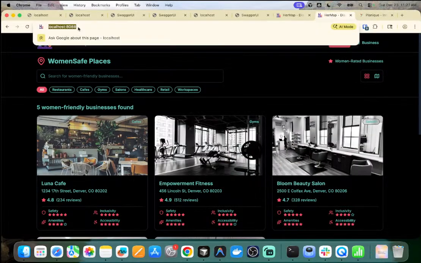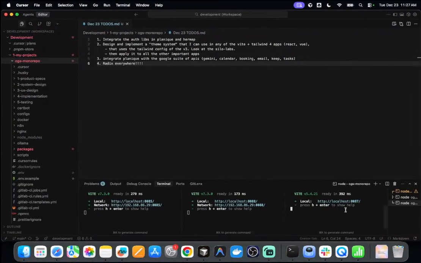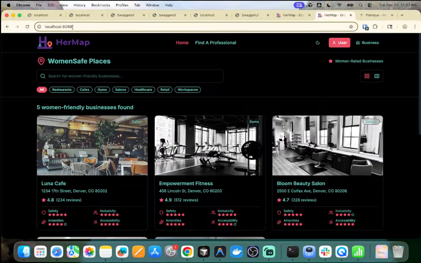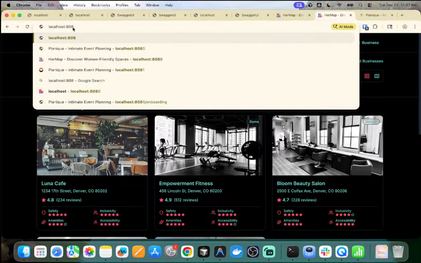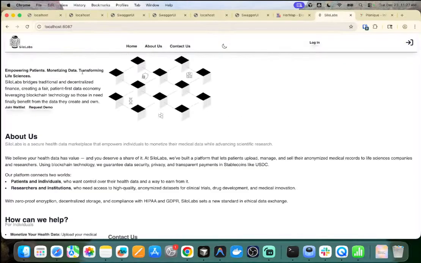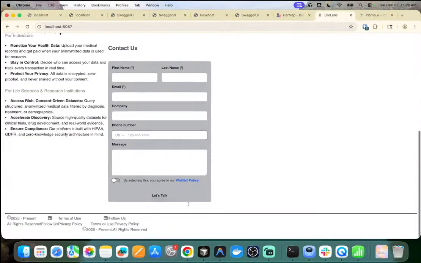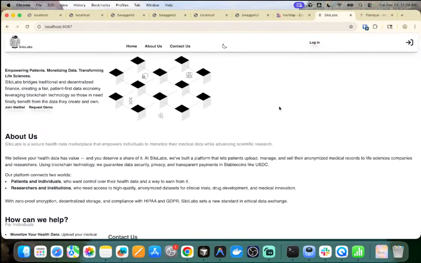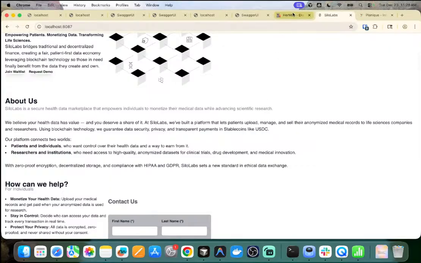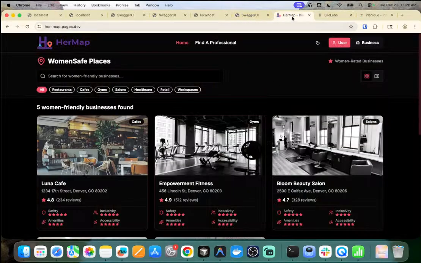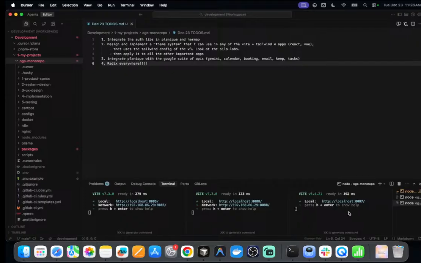And then let's go to the 8087 Silo Labs. I remember how Silo Labs was. It had only 3 colors, black, white, and blue. 8087. Let's see if it does that. There was a button. The buttons are wrong. I think it's still wrong. All the buttons are wrong. Okay, so I'm going to work with one app, maybe her map, to start fixing it. So let me say this was the only one. Okay, let's